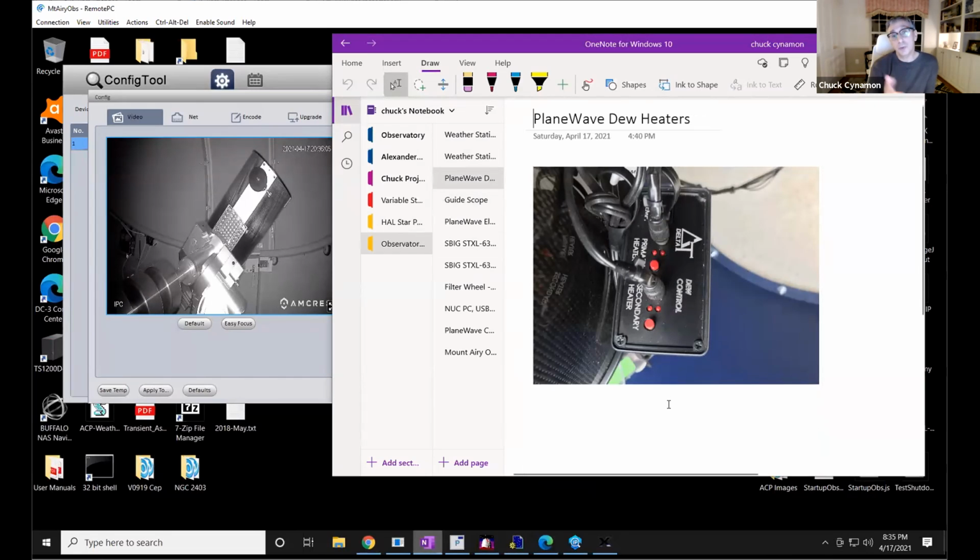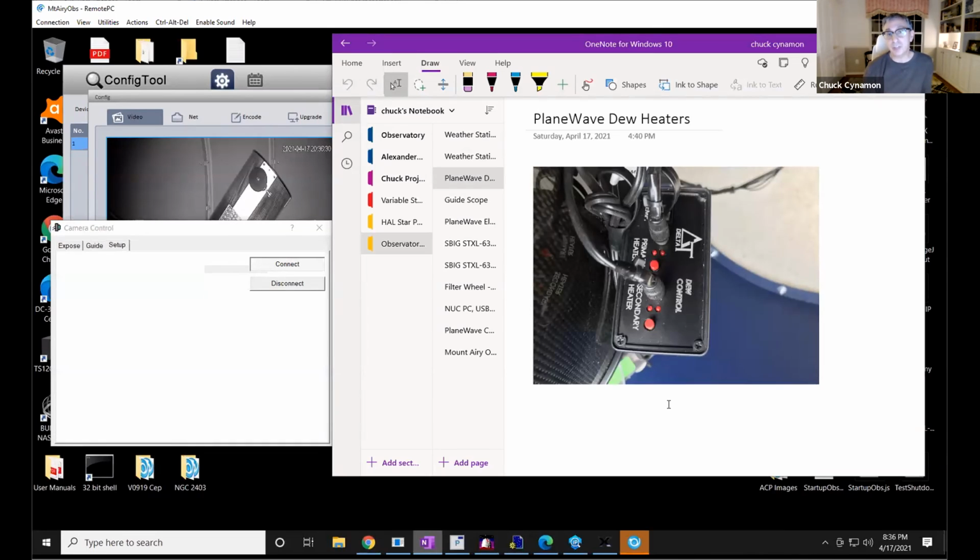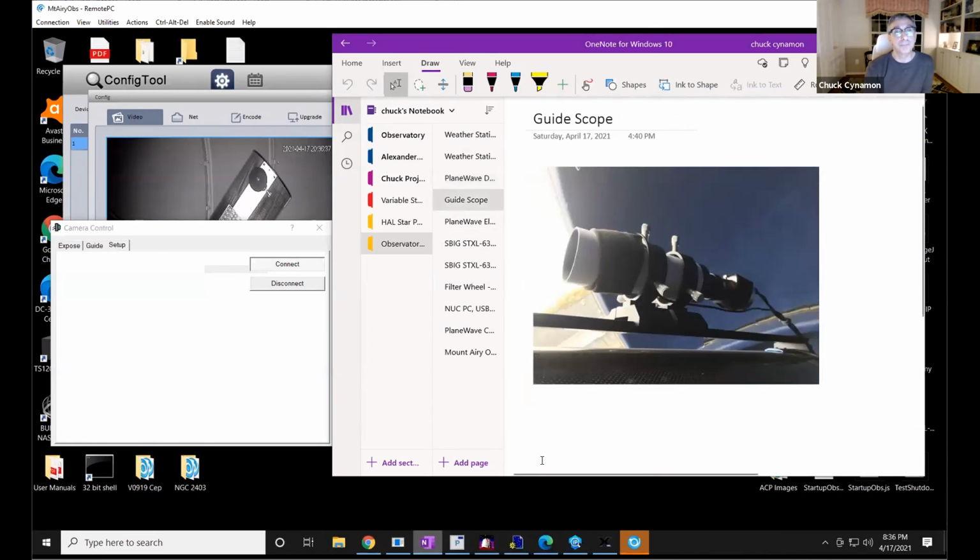Inside the telescope is a dew heater system that is built in. There's a dew heater on the primary as well as the secondary. This is a reflecting telescope, kind of like Jim's, 12.5 inches. The focal length is 2540 millimeters. There's a heater on the primary and the secondary, and the intent is that I keep the primary and the secondary within about 1 degree of each other, and that avoids dew building up in the system.